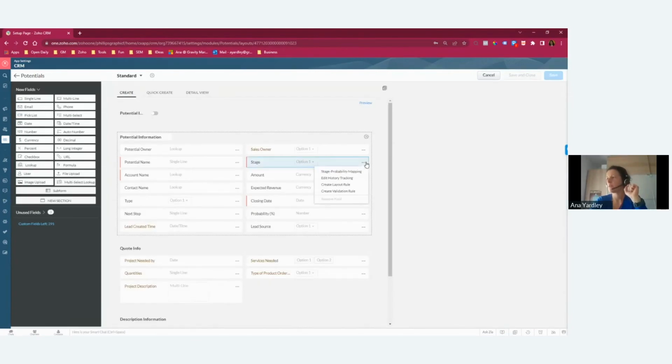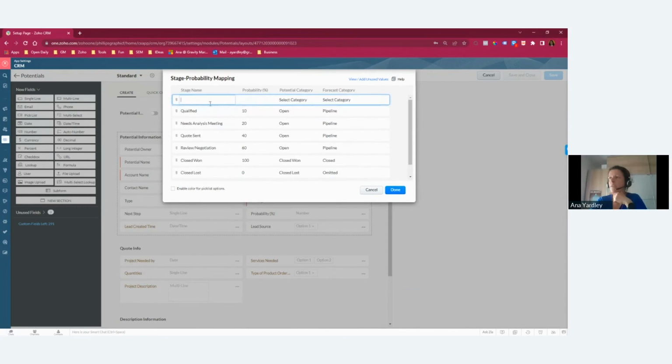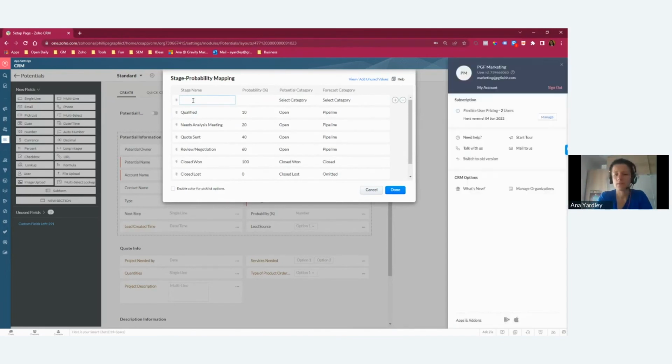So the stage probability mapping option allows you to define the stages, and the probability you want, and whether they're open on your pipeline or not. I would say, make sure that the first step, which could even be allocated to, for example, external sales, or a marketing team pre-qualifying things, or a salesperson full time, could be qualifying, right? And once they're done, especially if you have different people doing this,